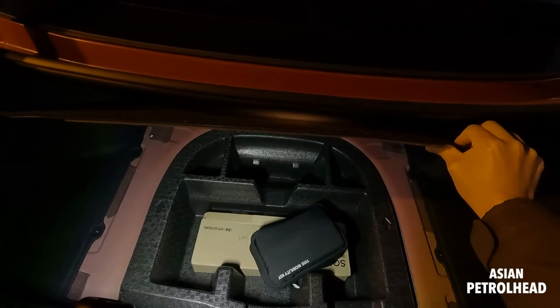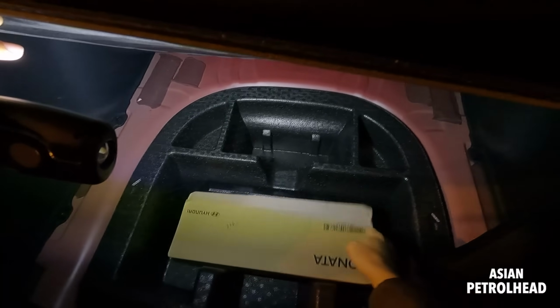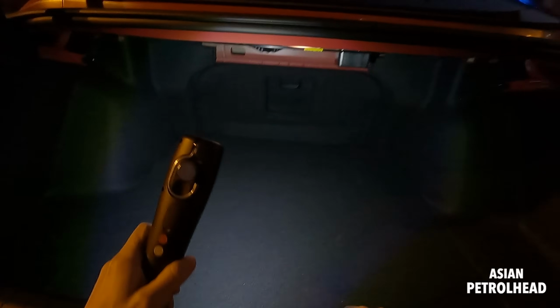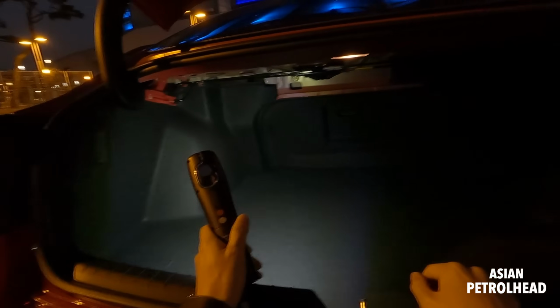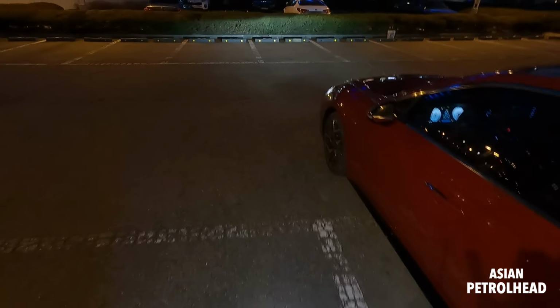So trunk looks pretty much the same. It's dark, so let me just quickly show you. Same deal, fix-a-flat kit for Korean spec model. But if you get it in North America, don't worry, because I think they have a space for the spare tire. I think they're gonna give you a spare. We also have a ski pass-through, but it does not fold for the Korean spec model. So okay, all right. And I forgot to show you the headlamp system,